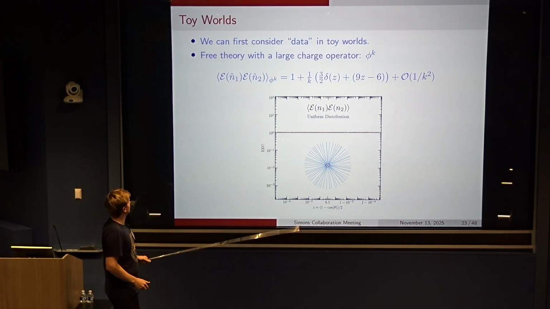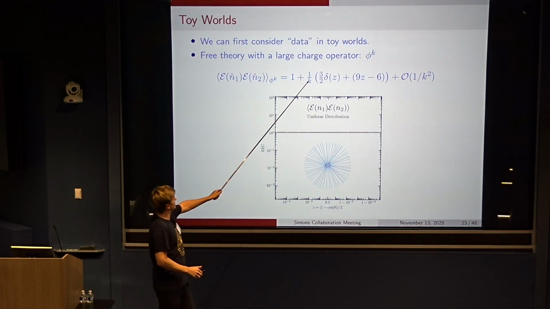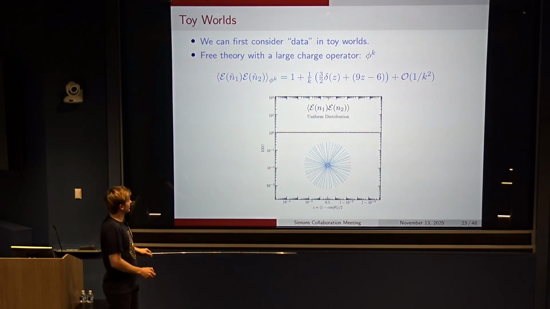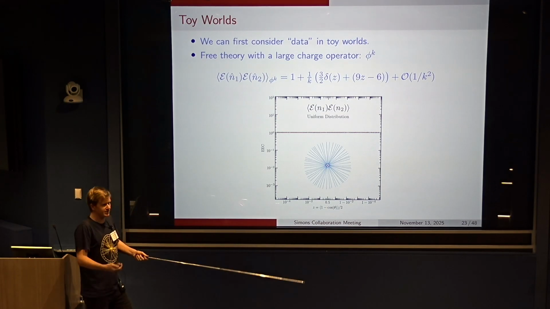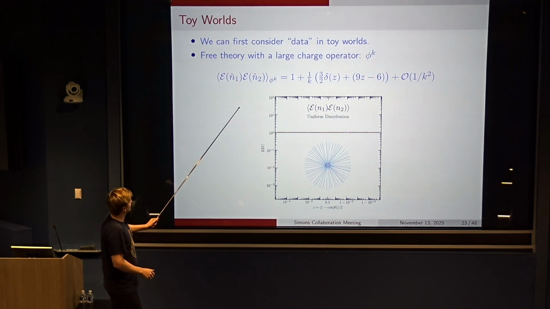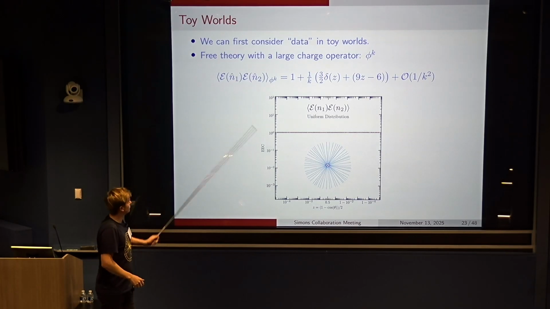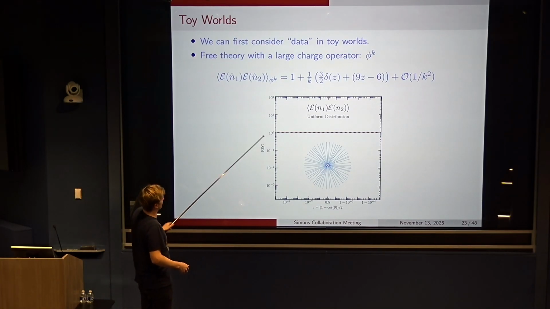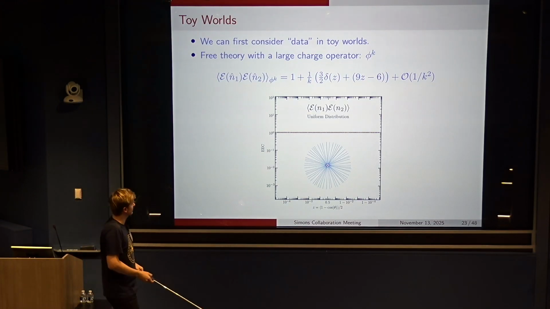And so the simplest theory which one can consider is just a completely free theory. To make it have something interesting, what you can consider is some large charge operator, so for example just phi to the k, or some heavy operator which you put in. And so here there's really no interactions, so this produces just a whole bunch of particles coming out like this. You can compute this, and it's just an exercise in phase space saddle point integration because there are no interactions. What you get is that the distribution is uniform, which I've shown in this dashed purple line, plus some corrections which go like 1 over k. So it'll be important in the future plots to associate this flat behavior with this uniform distribution of non-interacting things.